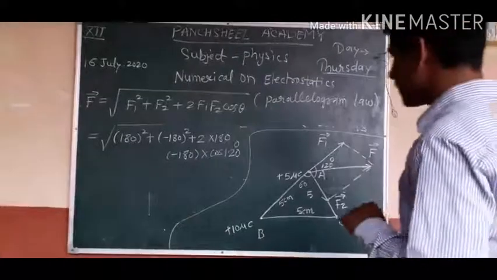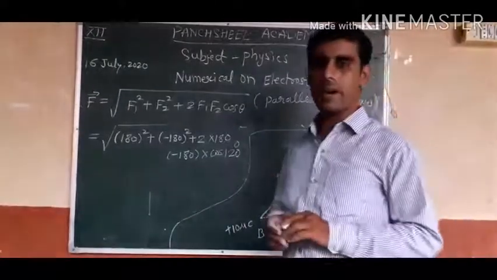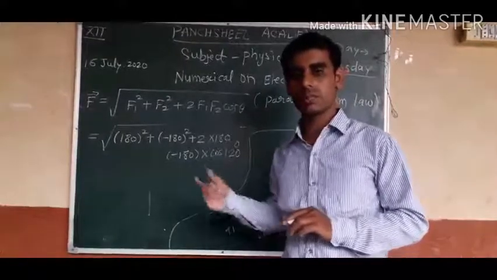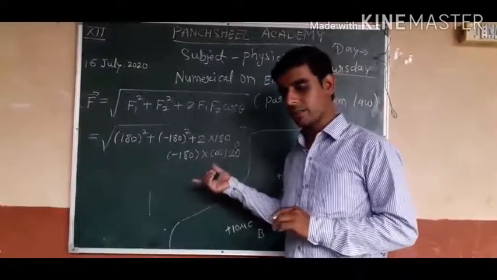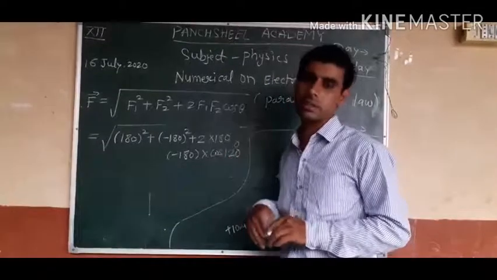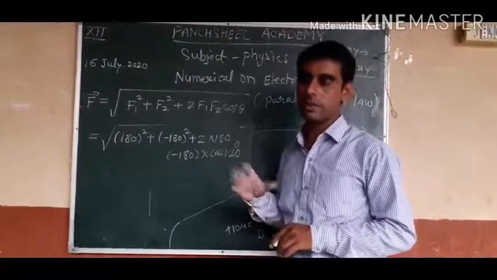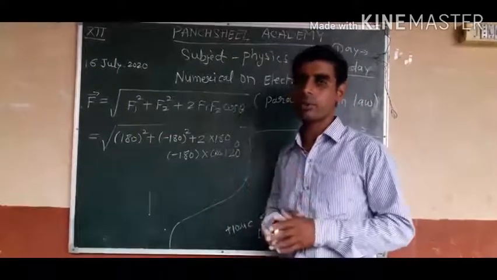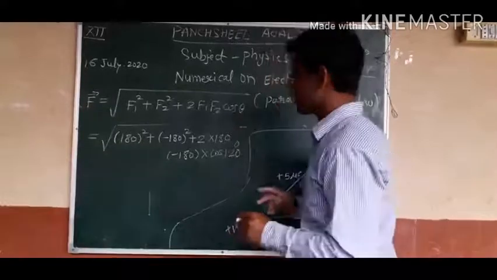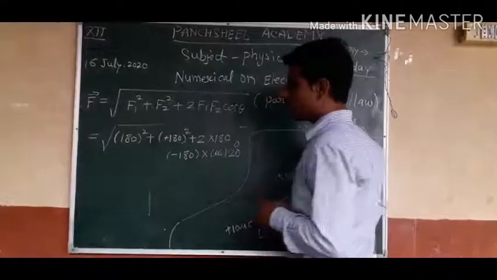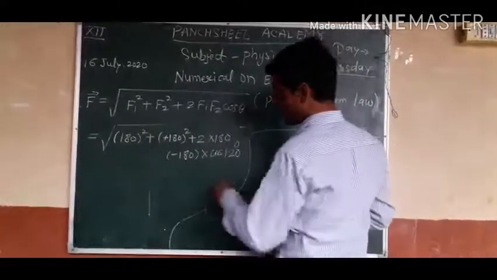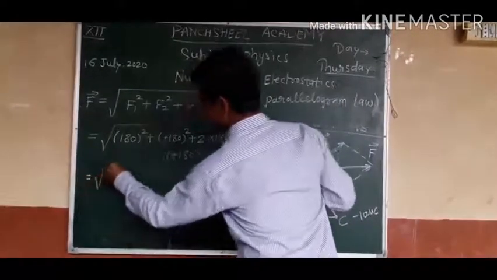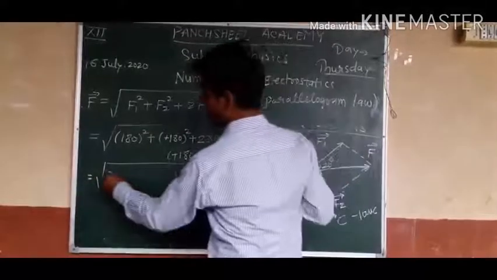One thing is that in the value of F2, there is minus 180 degree. So the minus sign shows that the force is attractive. So there is no need to take minus in your numerical value as a magnitude value. So you write only 180 Newton and also write here 180.